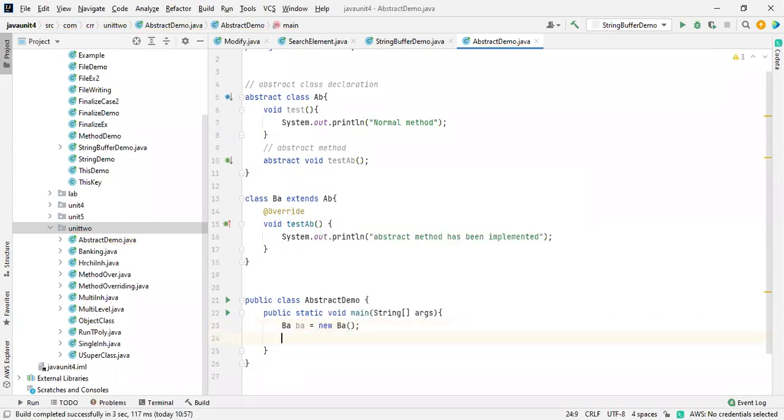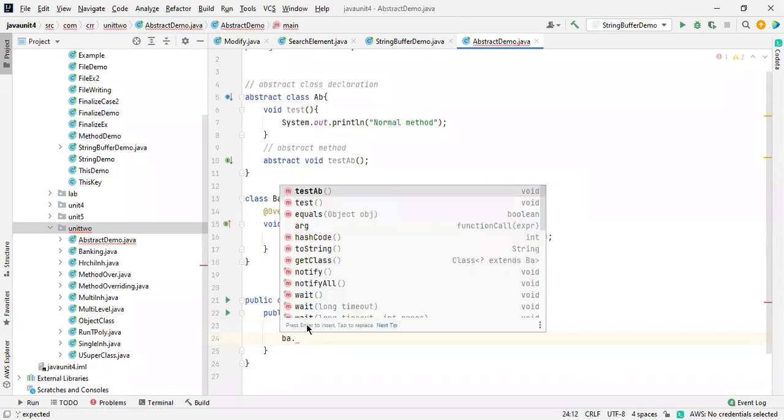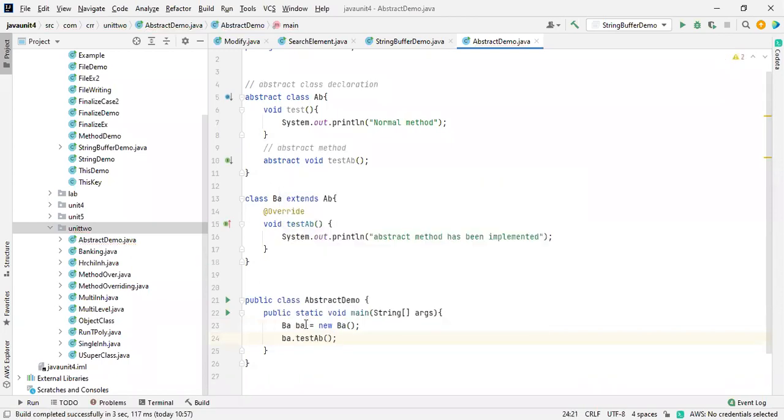By using BA dot, I'm going to access test AB and BA dot test also. This test is already available because this parent class has been extended by this child class. So you can access both the methods by creating the object of this class. This is all about the abstract class and the methods, nothing else.